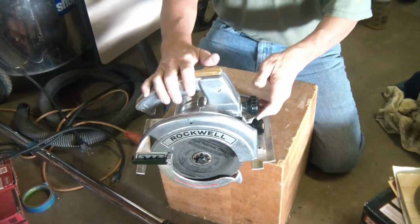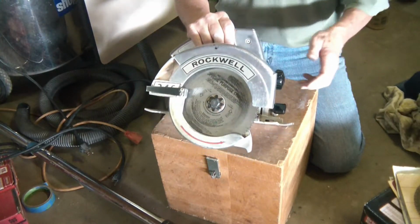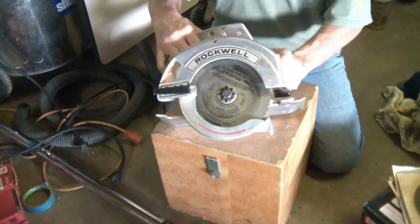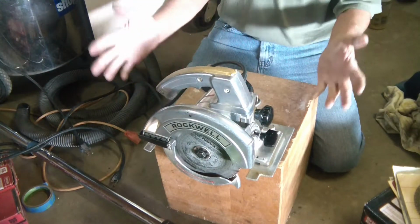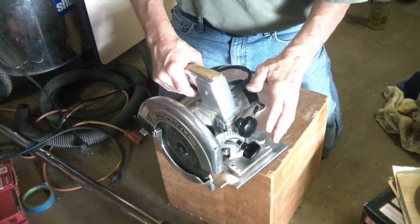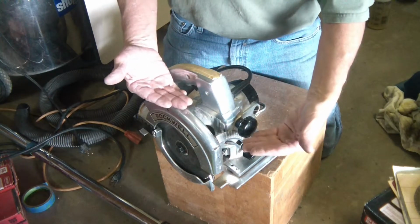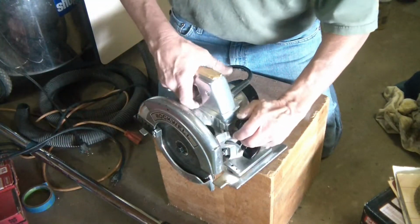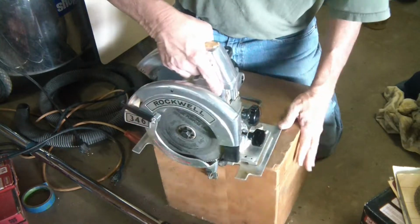This was a circular saw that was in this box that was sitting on the bottom. It's an old Rockwell. It's a 346. Nice circular saw. Real good construction. Solid metal everywhere. I really like it. But this one's kind of different compared to a lot of the other ones. On everything today, your depth kind of pivots. This doesn't. Undo this and your whole motor slides